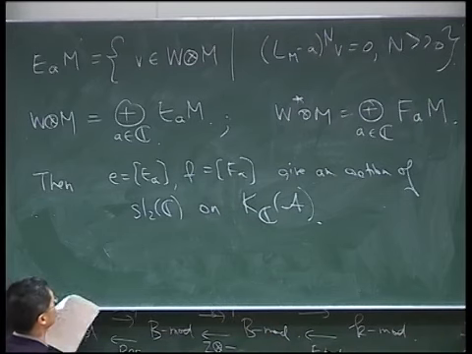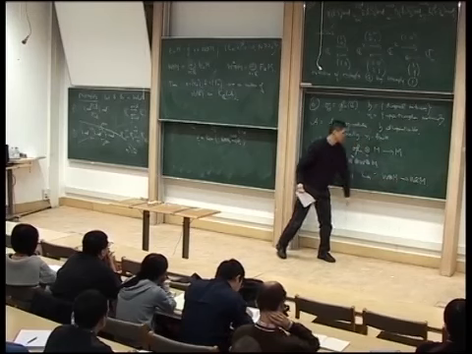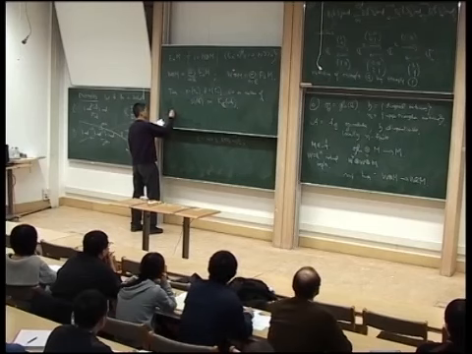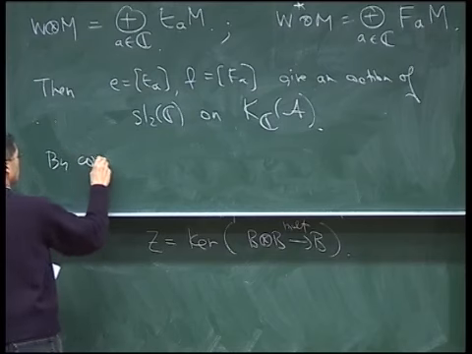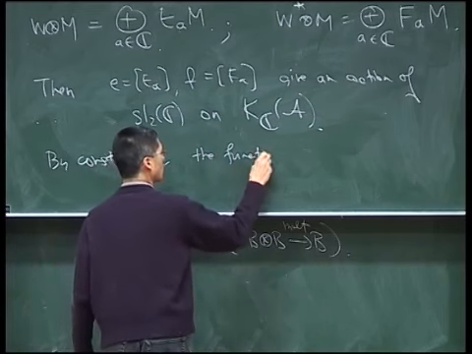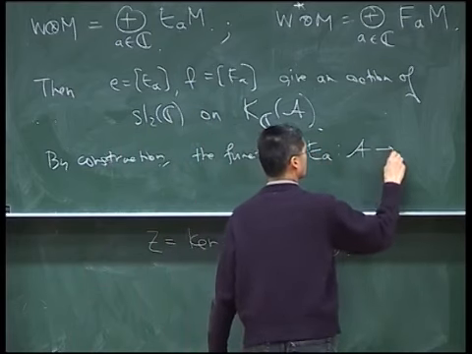Okay, so maybe the observation to make here, as I mentioned, this functor of tensoring with W comes naturally equipped with this endomorphism, and since we defined these summands in terms of generalized eigenspaces, then of course the endomorphism still acts. So we see that by construction, the functor E is equipped